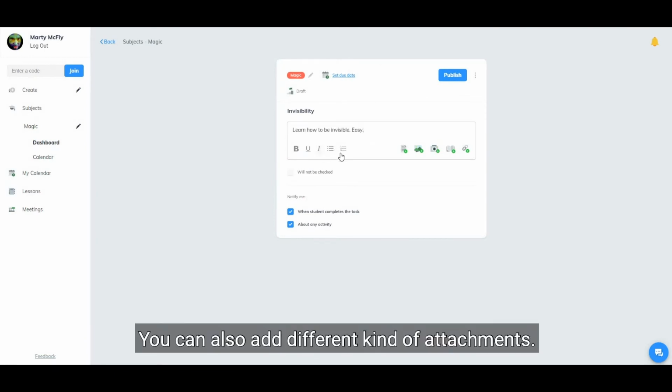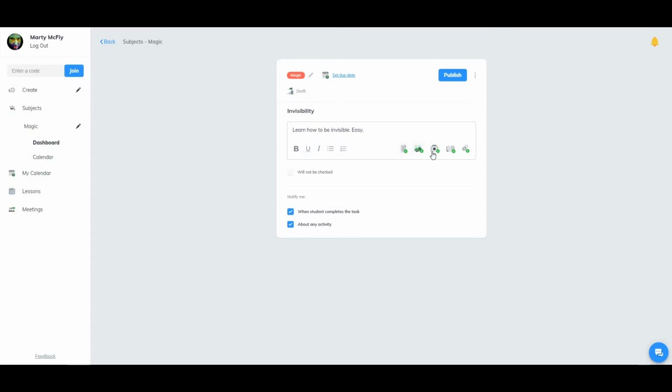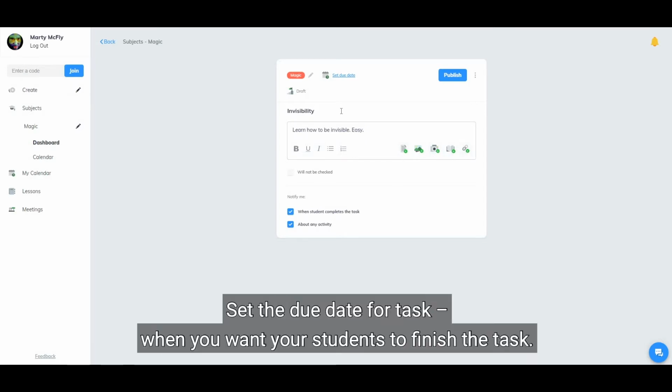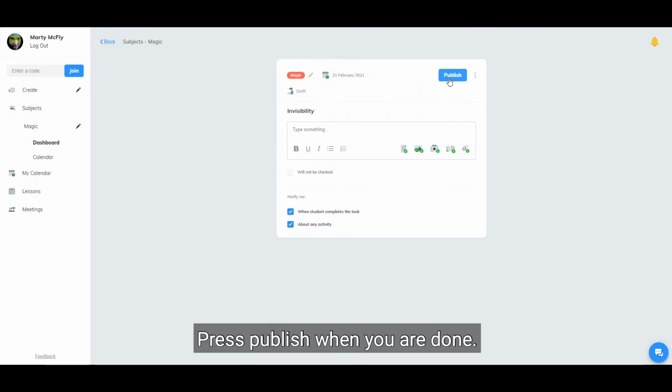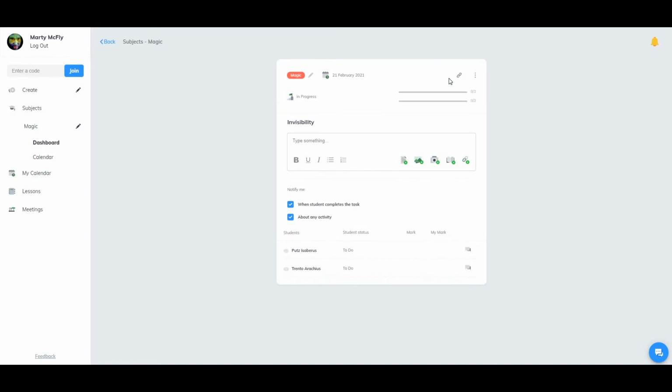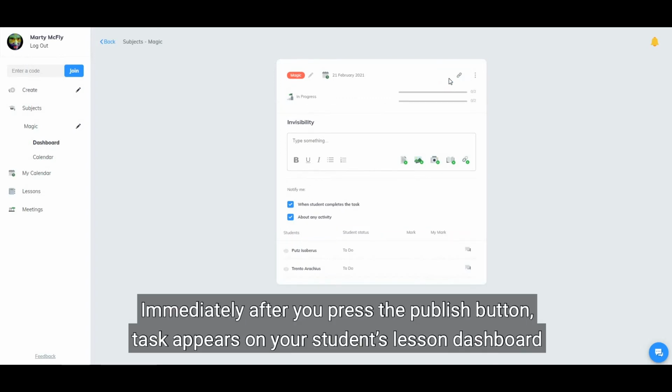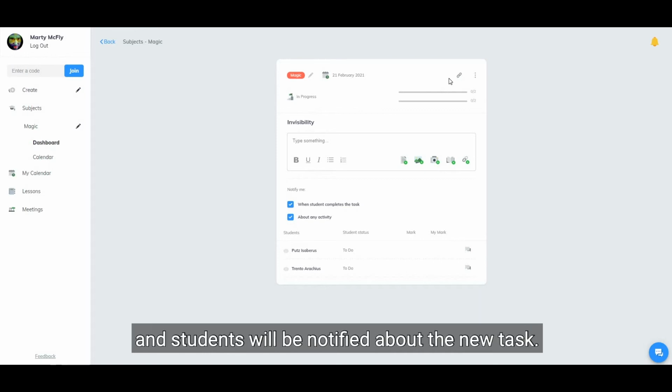You can also add different kinds of attachments. Set the due date for the task when you want your students to finish the task. Press Publish when you are done. Immediately after you press the Publish button, the task appears on your students' lesson dashboard and students will be notified